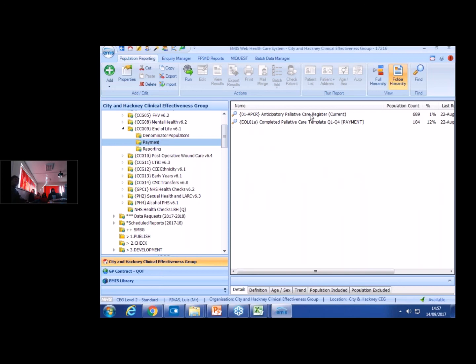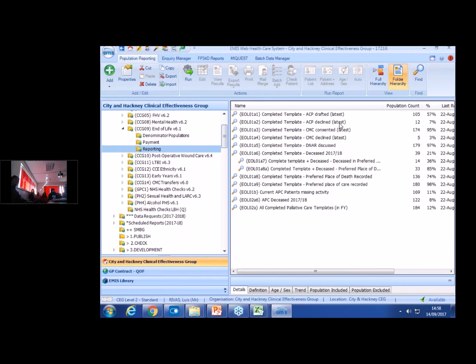Anyway, so you've got your current register, anticipatory palliative care register, and then you've got what our patients have completed the template. Now, the term completed the template effectively means that you've gone through the template and you tick all the stuff that's double starred for enhanced service. And if you want to know exactly what that is, it's things like they've got to have a care plan,